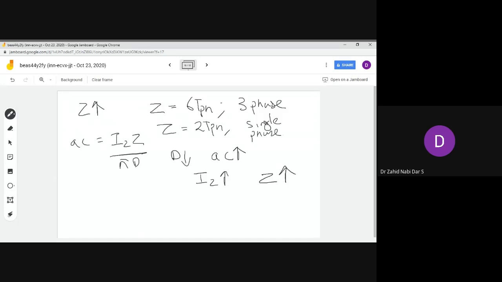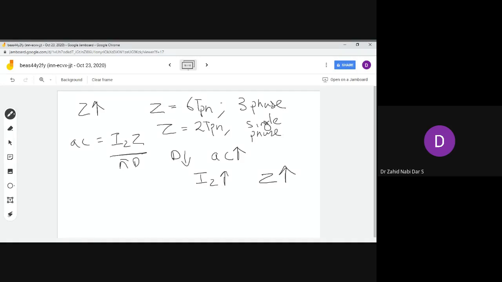So in other words, we can say that the overload capacity of the machine decreases. How will it decrease? Basically, if you are increasing AC, from Iz by AC you can increase the Z. And if you are increasing the Z, your cost will go up. You are seeing that the diameter over there is inversely proportional to the reactance. So you have to look very carefully when you are considering the overload capacity.